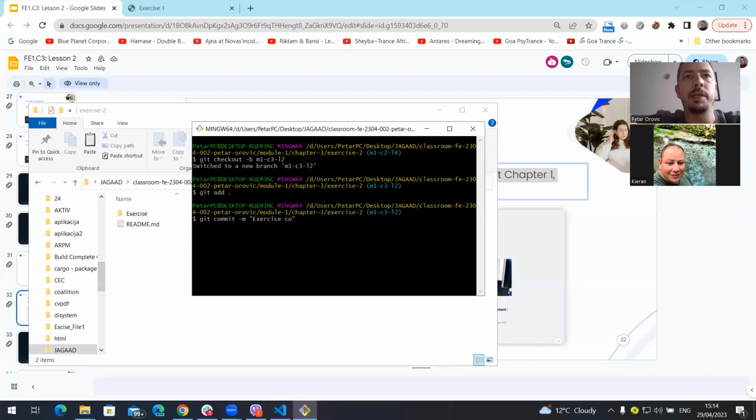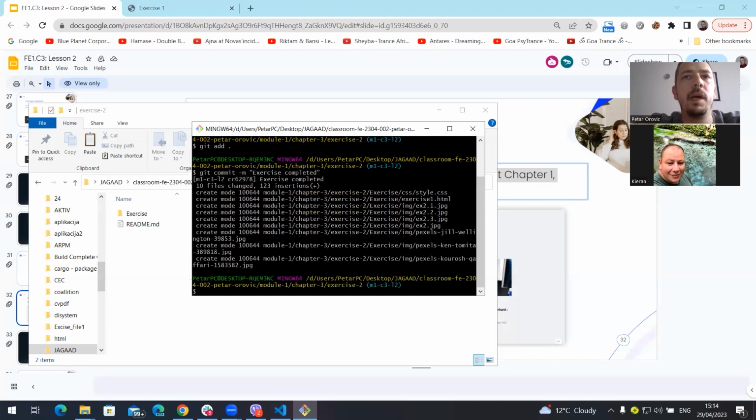Just something to say you've completed it. Let's say like this: exercise new commit. Or we can do it like this: exercise completed, whatever. So it's up to you. We're gonna do the commit, and once it showed like this, you go to git push,